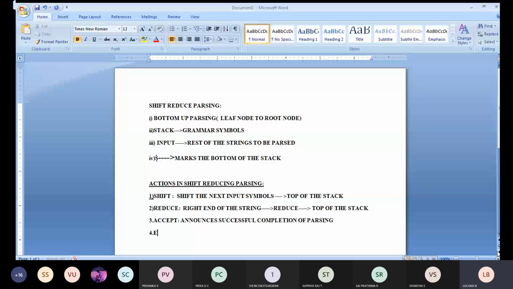Fourth point you will get is error. Error indicates that the parser discovers a syntax error, and the error can be handled by an error recovery routine.